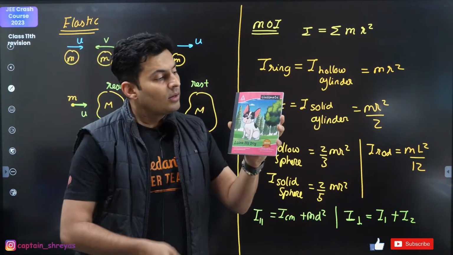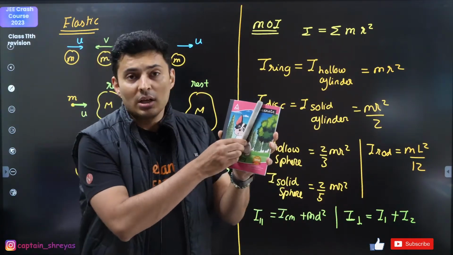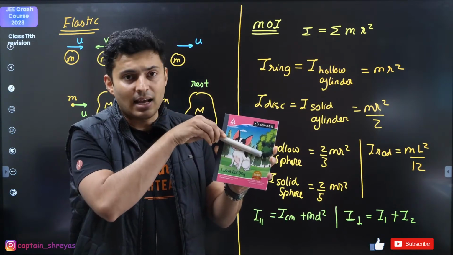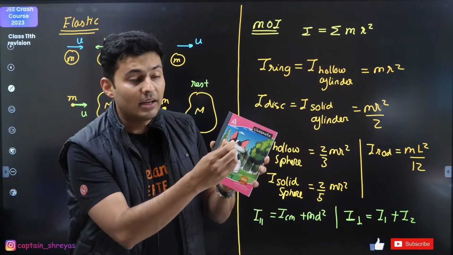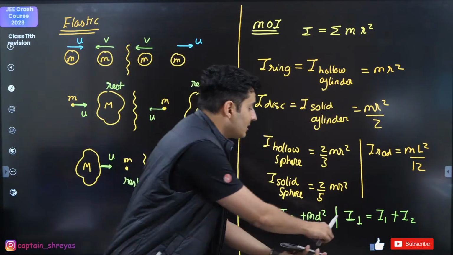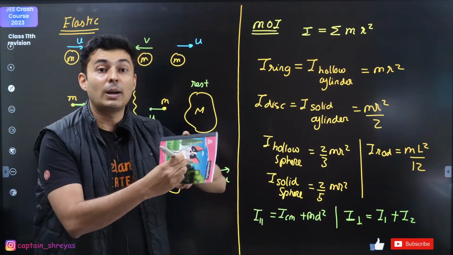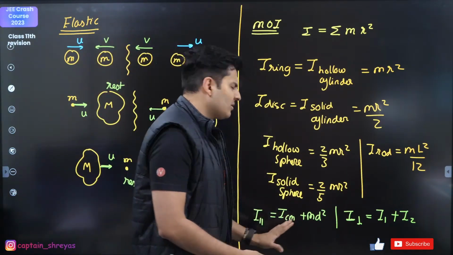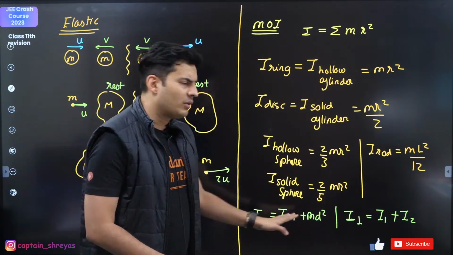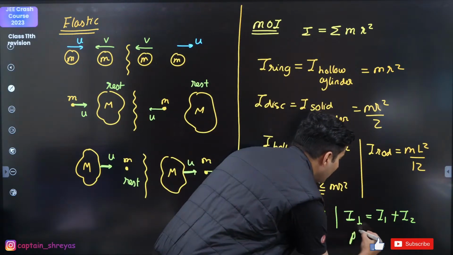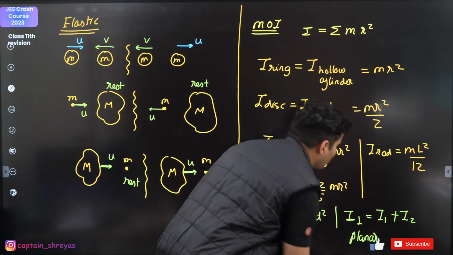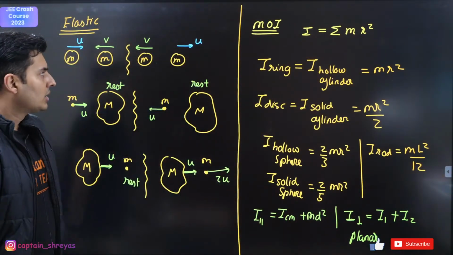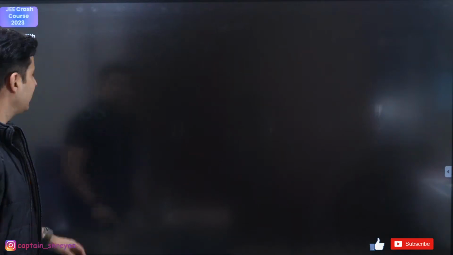So guys, what is I1 and I2? If you have an axis in the plane, that is I1, you take another axis, that is I2, and the third axis will be perpendicular to both of them. That is this I perpendicular to the plane of the body. It is only valid for planar objects. This has no condition, this is valid for everything. This is valid only for planar objects, laminar objects only. Lamina means plane. Keep this in mind. Okay? So these are important things regarding moment of inertia.